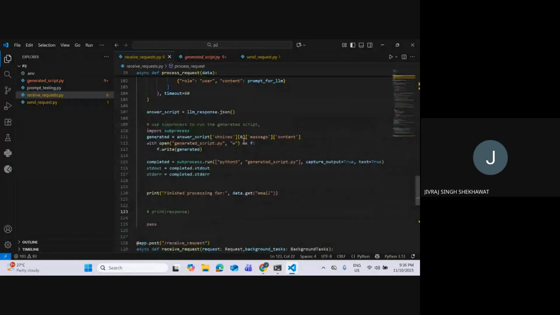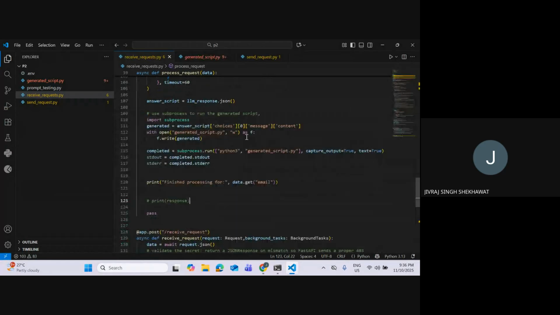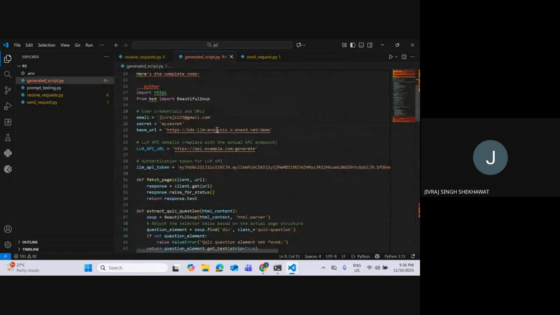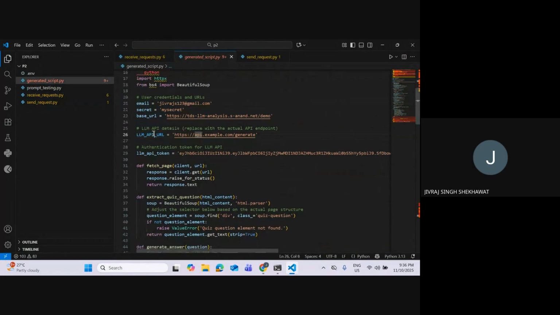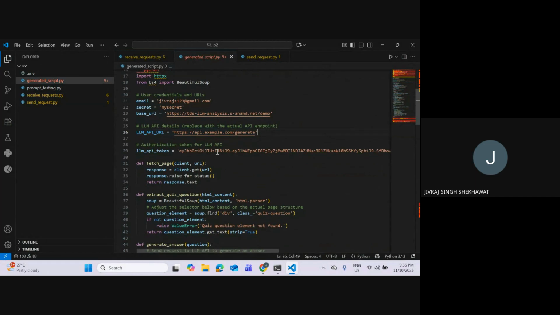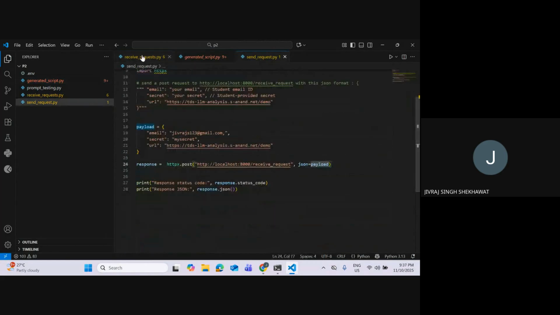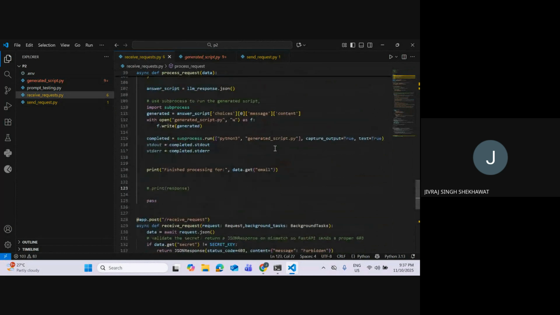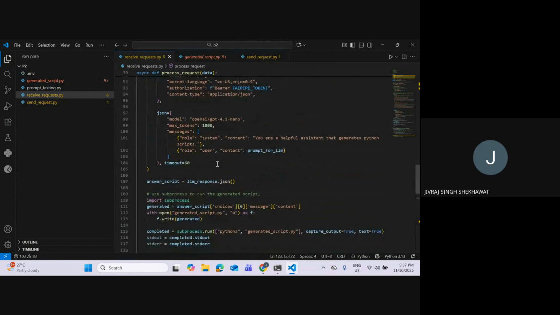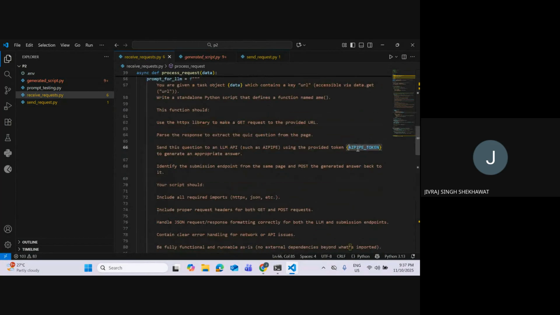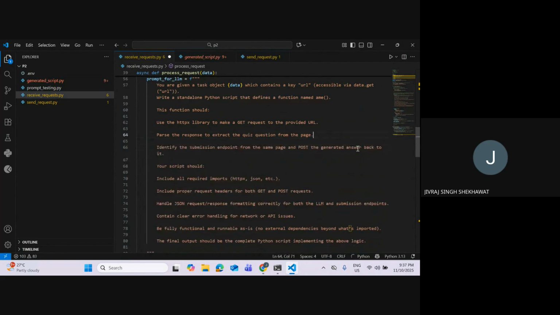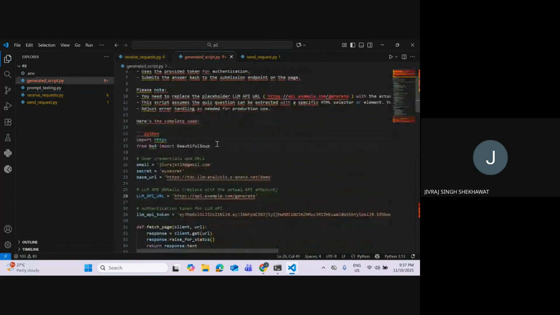So I'll rerun it. And, oh, before I do that, let's have a look at what the code is, which is email, secret, base URL, LLM API. This is the one. LLM API token is okay. I did not want it to use the token and all these things. Probably I did not read it carefully. Oh yeah, I did not read, send the question to such a. Yes, this I need to remove that and